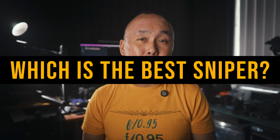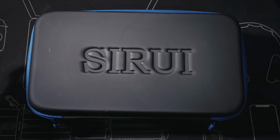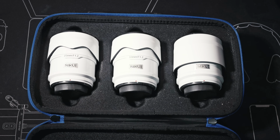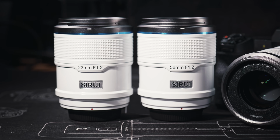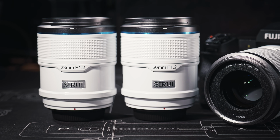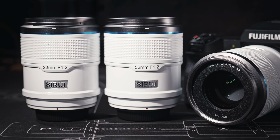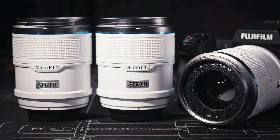The next thing I want to talk about is the focal length. While these lenses are available in a three-lens set like the sample that Sirui sent me, a lot of people would only pick up one lens at a time. So quite often you may wonder which is the best lens that you should get, or you should get first at least. While there is a bit of difference in terms of image quality which may